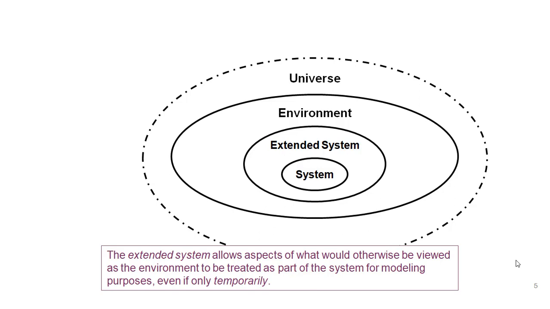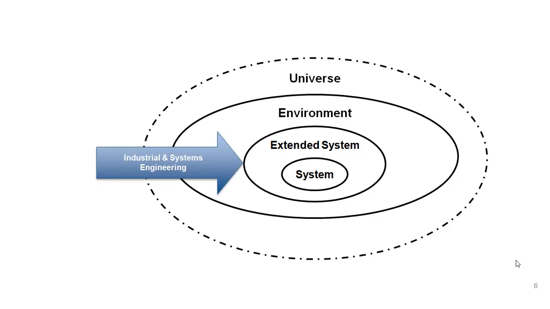So when, as an industrial or a system engineer, you talk about a system, try to keep in mind you're always talking about the extended system, which means you want to keep the variables and factors in engineering of environmental variables isolated, or at least somewhat separated from the engineering and description of the actual system variables we're interested in. Because very often the systems we produce get moved to a different environment, and therefore the extended system that we've modeled needs to be tailorable or customizable to work potentially in other environments.